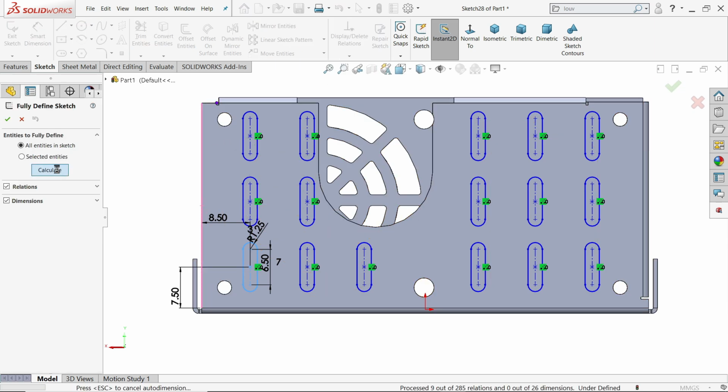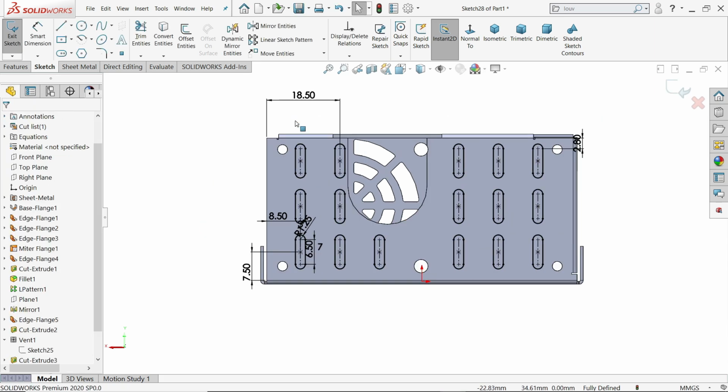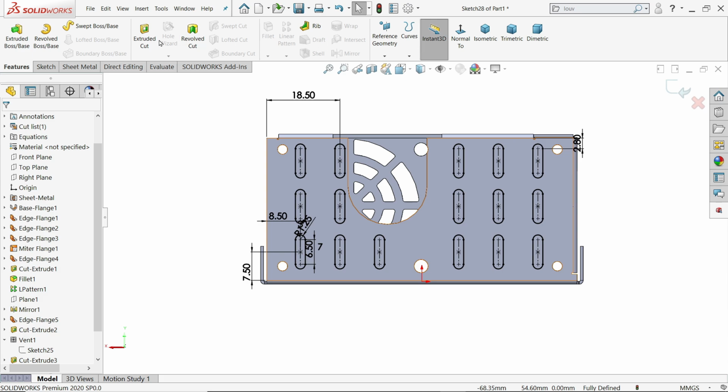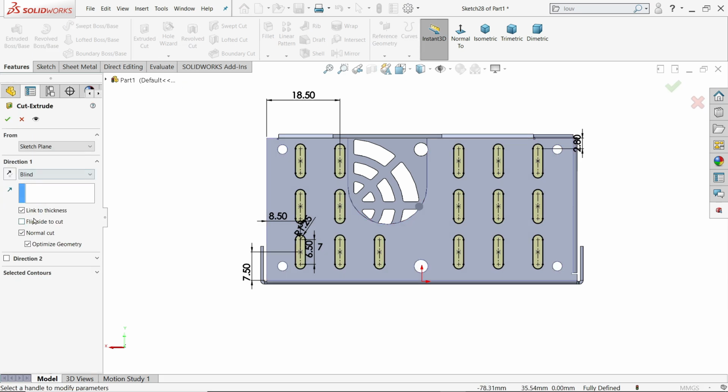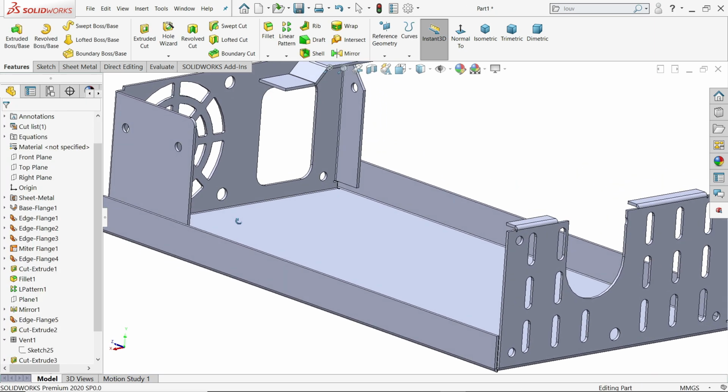Fully defined sketch, calculate, because there is too much geometry. Okay. Extruded cut, link to thickness. Okay. See,